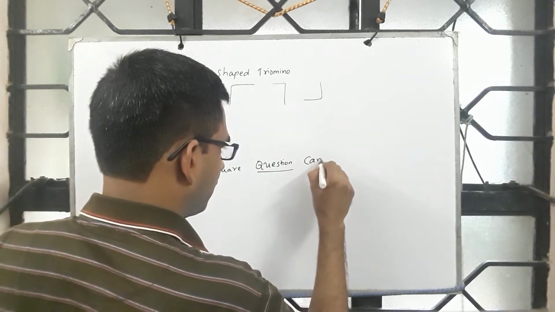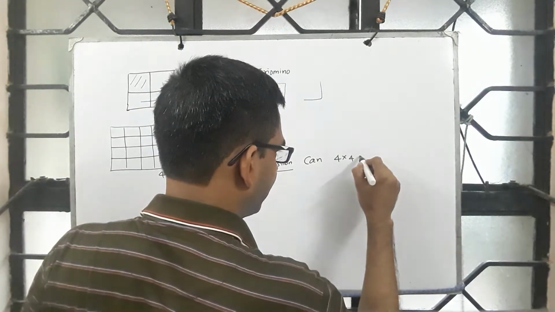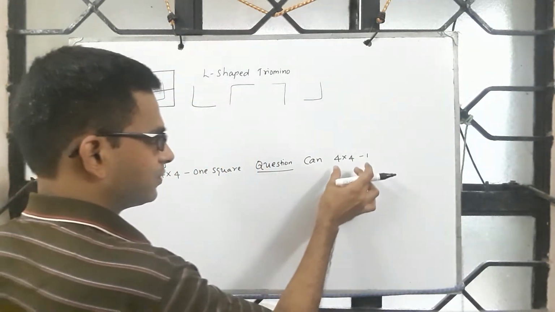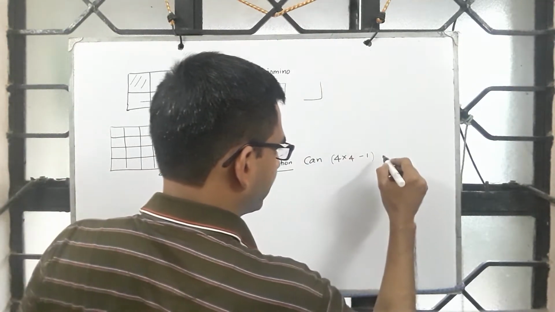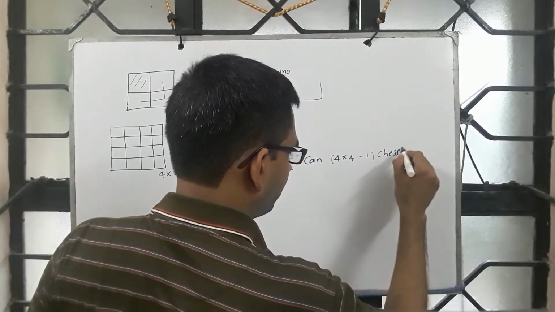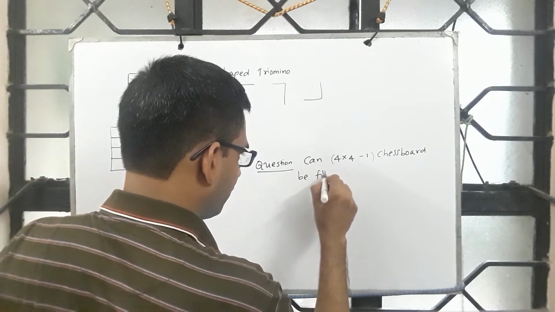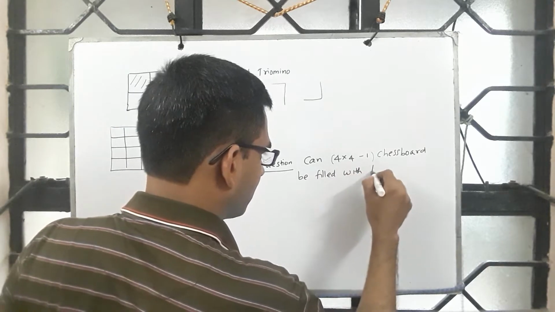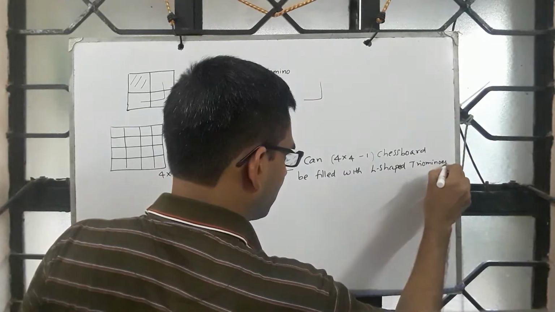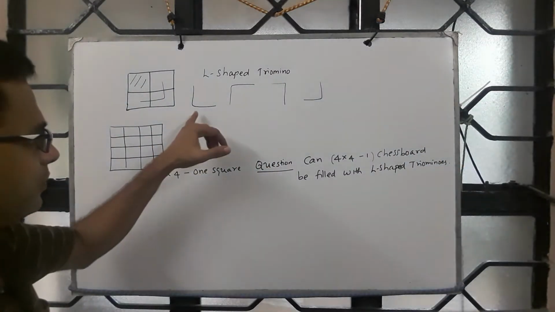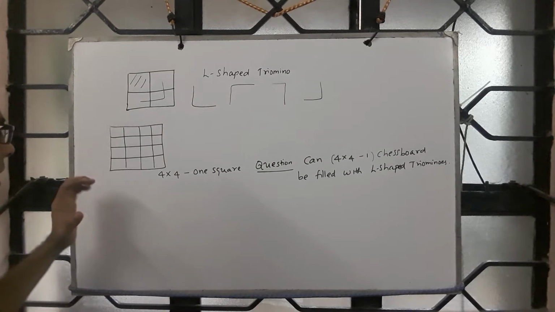So can 4 cross 4, just for my convenience, I'll write it as minus 1. When I say minus 1, from 4 cross 4 chessboard, some one square is removed. So can 4 cross 4 minus 1 chessboard be filled with L-shaped triominoes? You can use any of this, and any number of times you can use each of them and fill